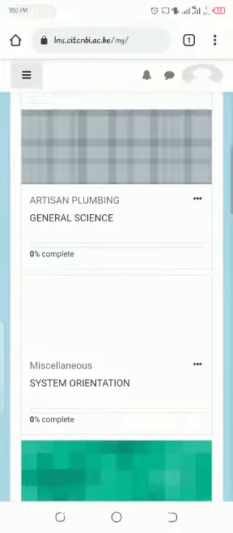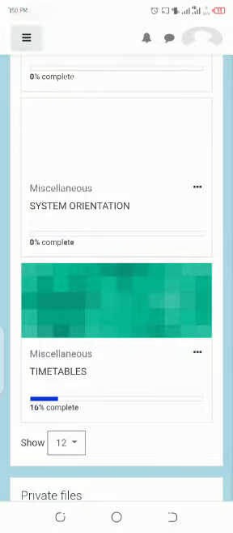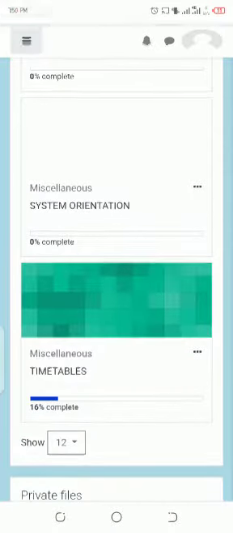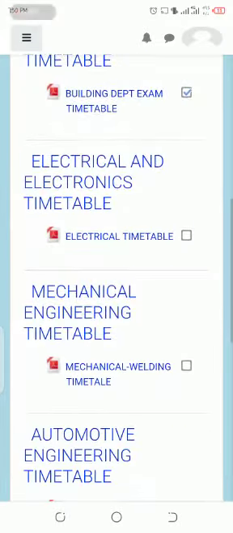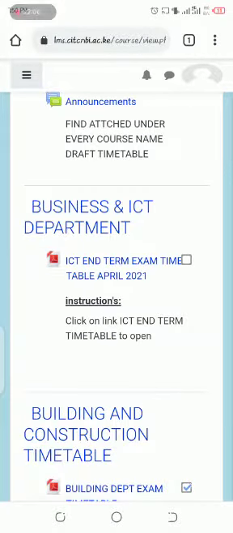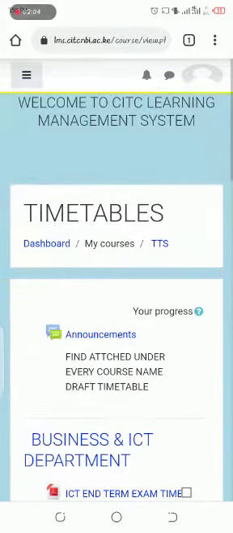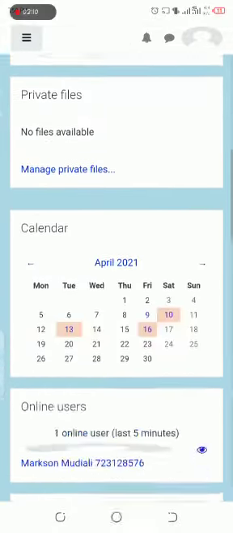and when they are likely to open or close. So step number one, you're going to come to this icon that is written timetable, and under this icon you're going to see the different timetables, and you'll be expected to open the timetable that is specific for your department and note the days, dates, and the time when you'll sit for the different exams. After you are done with that, go back to the dashboard,